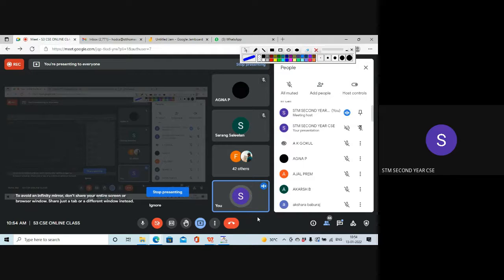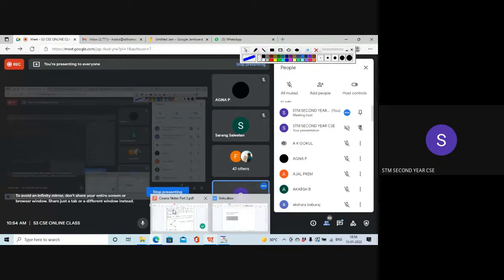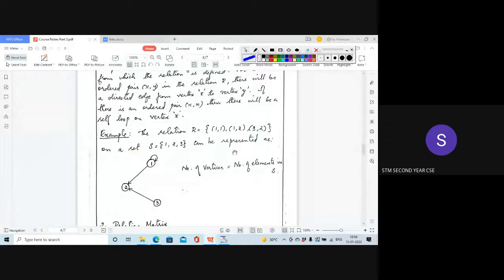What forms the nodes of the directed graph? What will be the nodes? See, the nodes form the elements of the given set S. You have a given set S. These elements form the nodes. So the elements in the given set form the nodes, and the directed edges are the ordered pairs